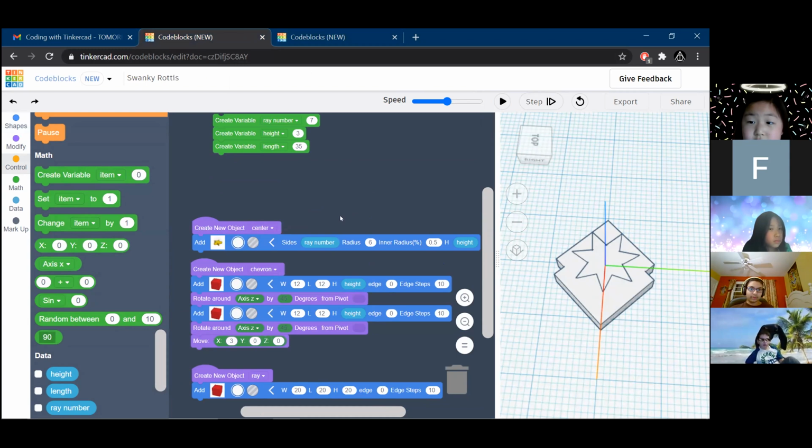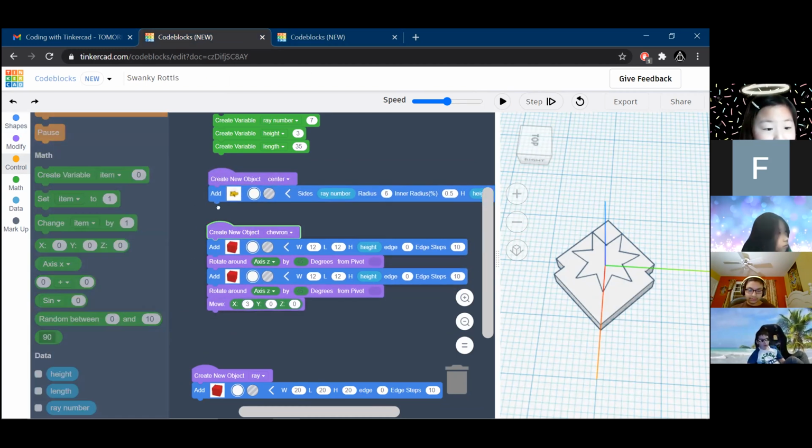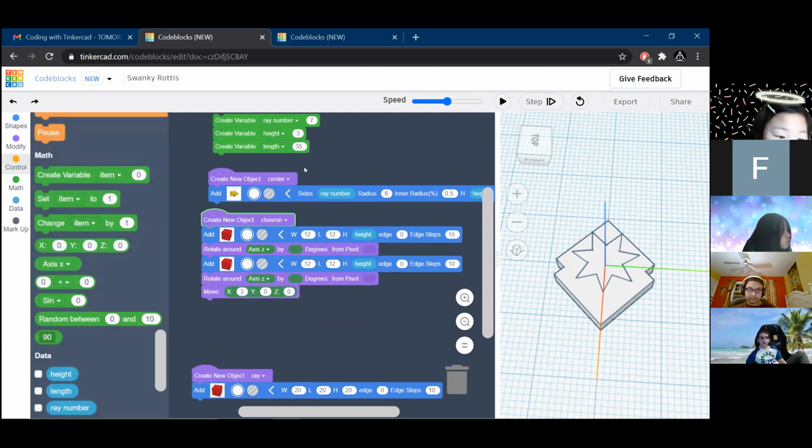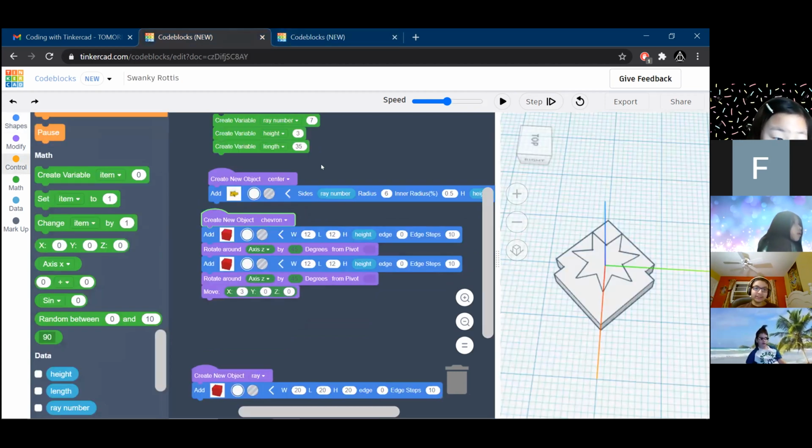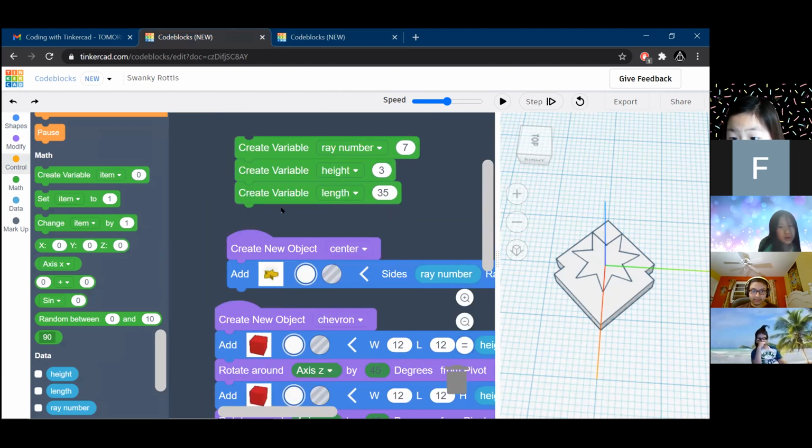So we have a new variable called length, and it's going to control how long the arms are on your snowflake. You can set it to whatever you want, but I'm going to set mine to 35. See, create new variable, length, 35.